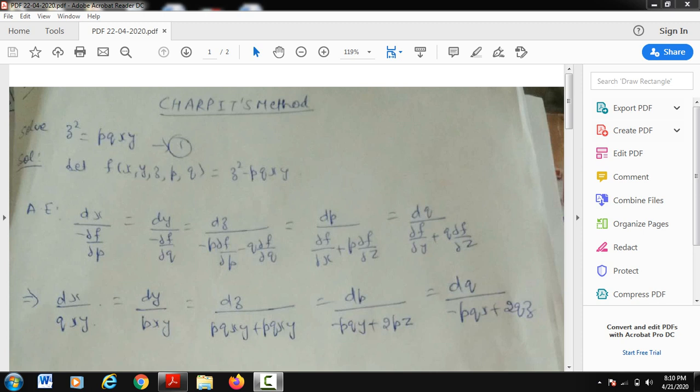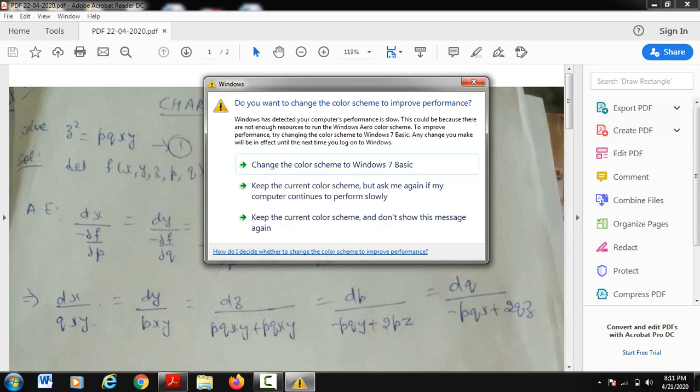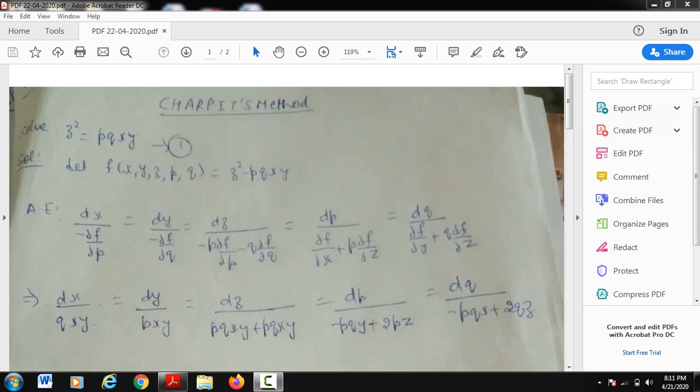After that, you will put each and every factor calculated from f, and you will find the value of p or q as suitable, or any solution by solving these two, or you can use the method of multipliers also. From these equations you will get the value of p or q, and then putting whichever value you have calculated into the given equation, you will get the other value. Basically, you have to find the values of p and q using these auxiliary equations or any multiplier and the given equation marked as equation number 1.